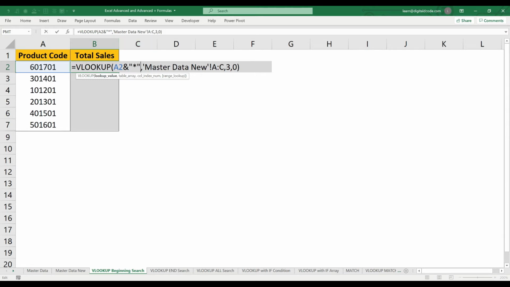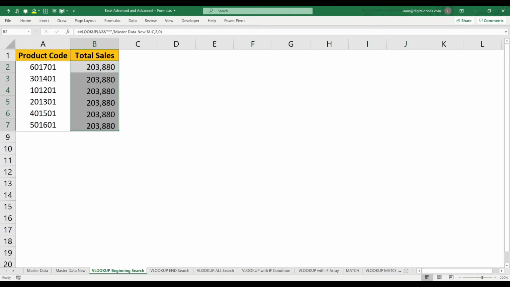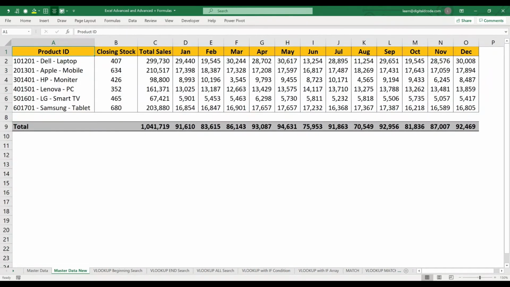Here is your search criteria, your lookup value. After this, use an ampersand and an asterisk. Okay, using an ampersand, and then enter. See, now we got the result. If you use an asterisk at the end of the search criteria, then it will search only the beginning of the cell.